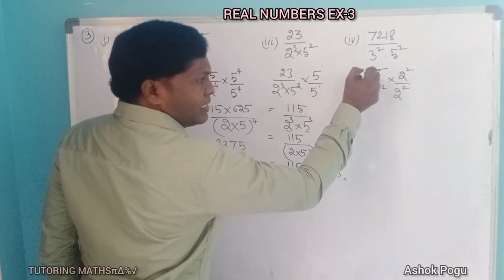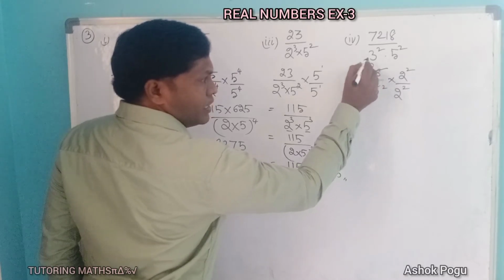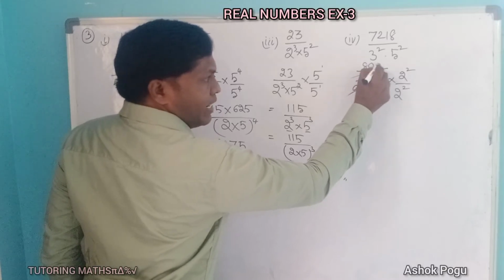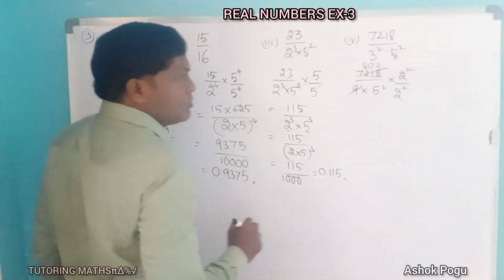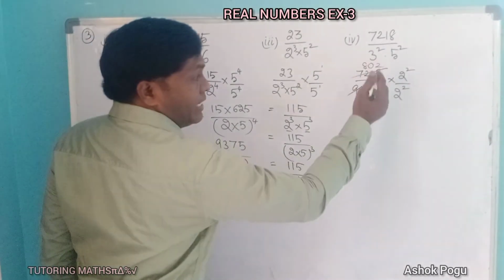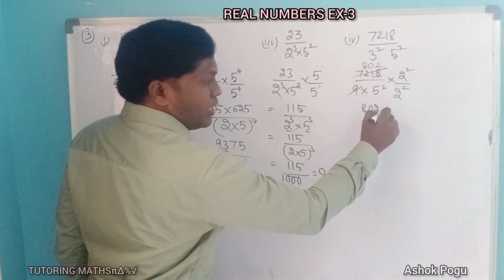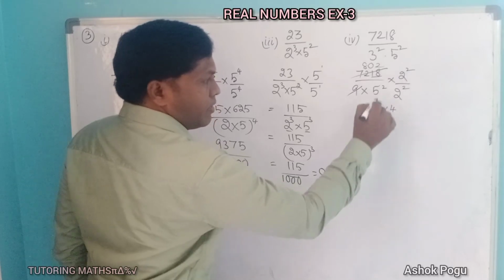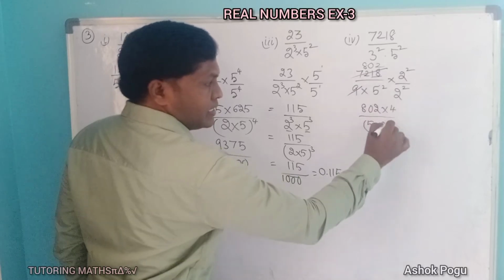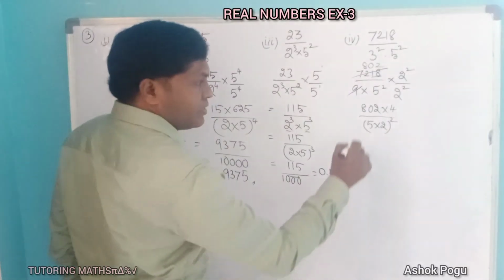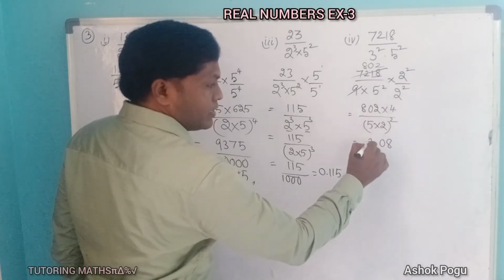Here division is possible, 9 8s are 72. 1 is not possible, 0. Now you take 2 digits, 18, 9 2s are 18. Yes, now it is 802. 2 square is 4, so 802 into 2 square is 4. By 5 square into 2 square, you can multiply the bases with the same exponent. So finally we get 4 2s are 8, 0 and 4 8s are 32.